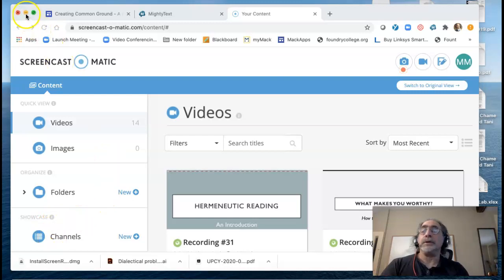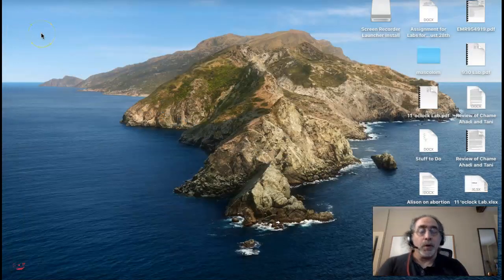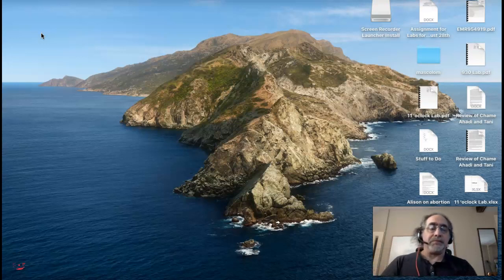Let me show you what to do here. If you're just going to watch the Constructivist Meetups and attend, there's not much you have to know about Zoom, but we'll show you just a little bit if you don't.